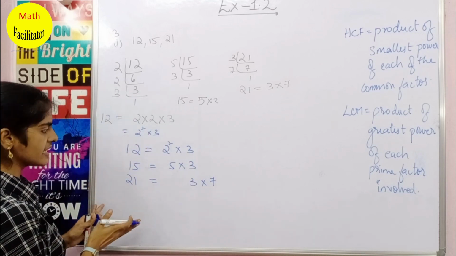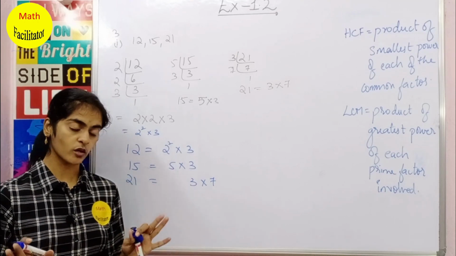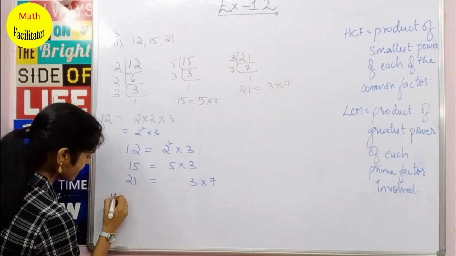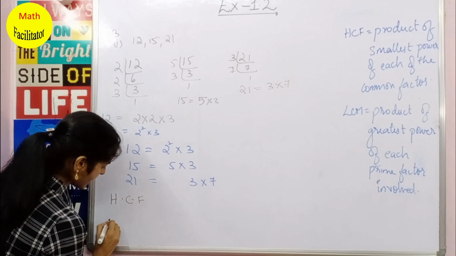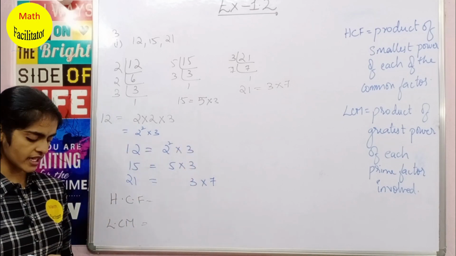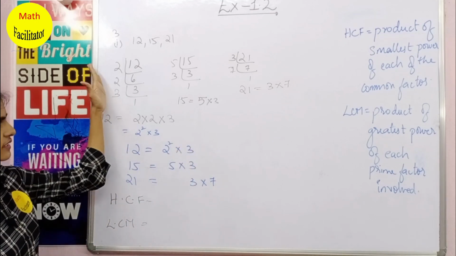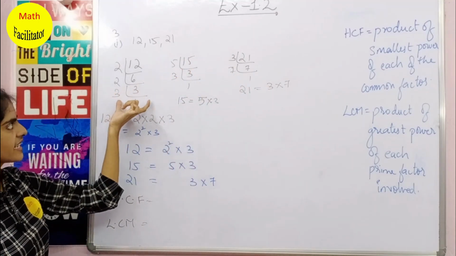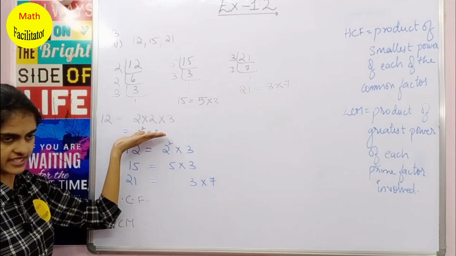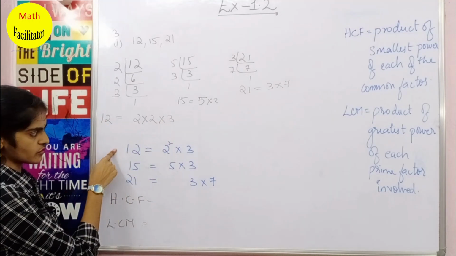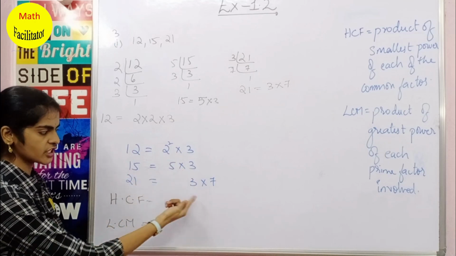Clear? Now till here it is same for all the problems. Okay, now how will you find the LCM and HCF? Now I want to find HCF and LCM using these factors. Okay, so firstly you will list out the prime factors of individual numbers. Okay, so individually you will take each of the numbers and you list out the prime factors. Okay, so list them out all together. Okay, so 12 you can write it in this way, 15, 21.